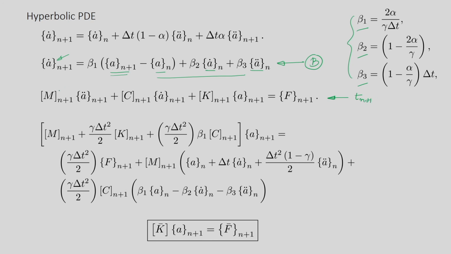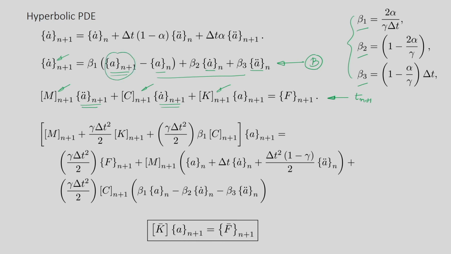Okay. So this represents the mass matrix at n plus 1. This is the damping matrix at time t n plus 1. This is the stiffness matrix at time t n plus 1. Alright. Now these are written with a subscript n plus 1 in case they depend on time. Otherwise they can simply be constants. Now here as you see we have acceleration at n plus 1, velocity at n plus 1. So this we are going to replace using equations A and B, so that we can get only one unknown,